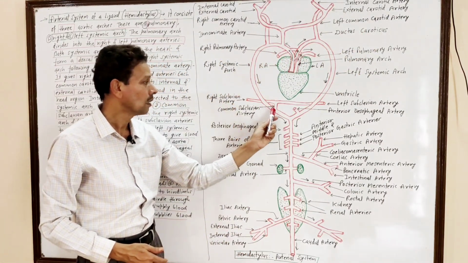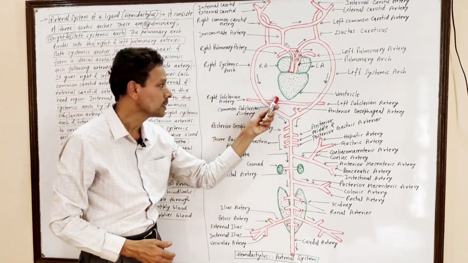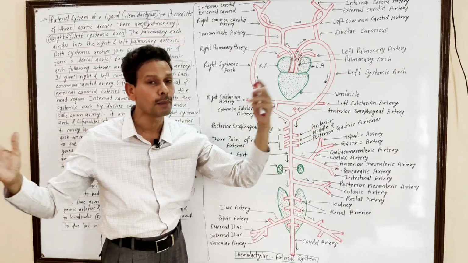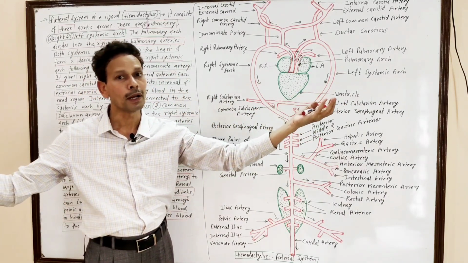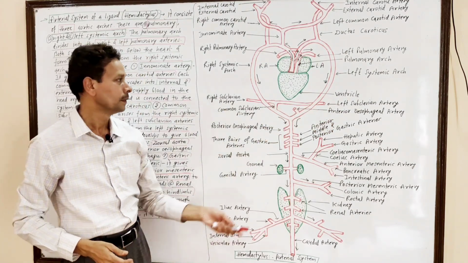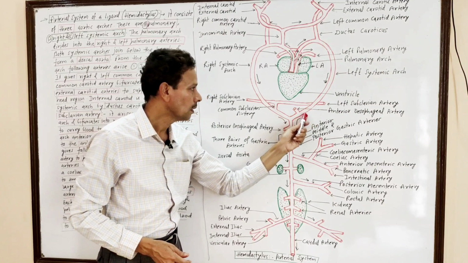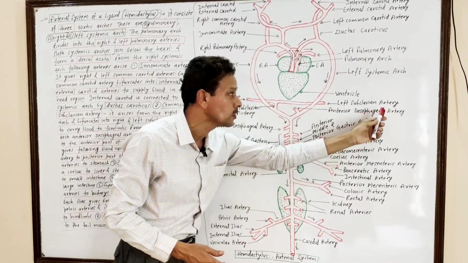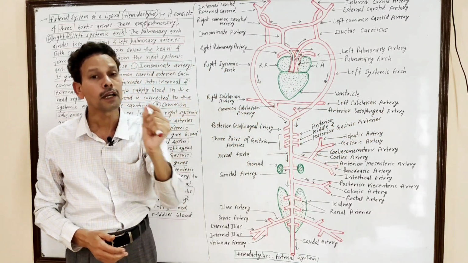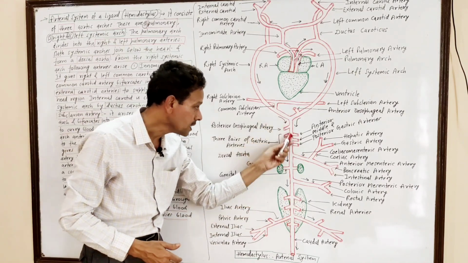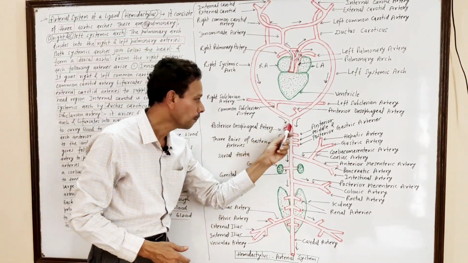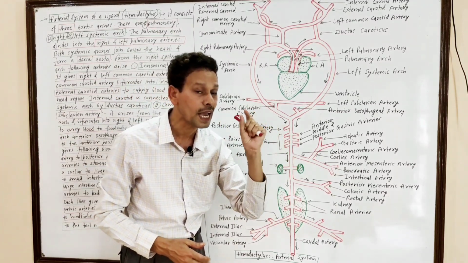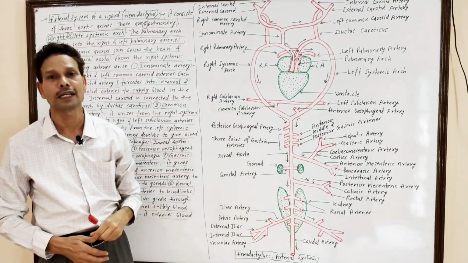This right systemic arc also gives a common subclavian artery which divides into two branches, right and left subclavian arteries, to supply blood to forelimbs. And this left systemic arc, in its lower parts, gives an unpaired anterior esophageal artery to anterior parts of esophagus. From this dorsal aorta, another unpaired blood vessel, the posterior esophageal artery, carries blood to posterior regions of esophagus.